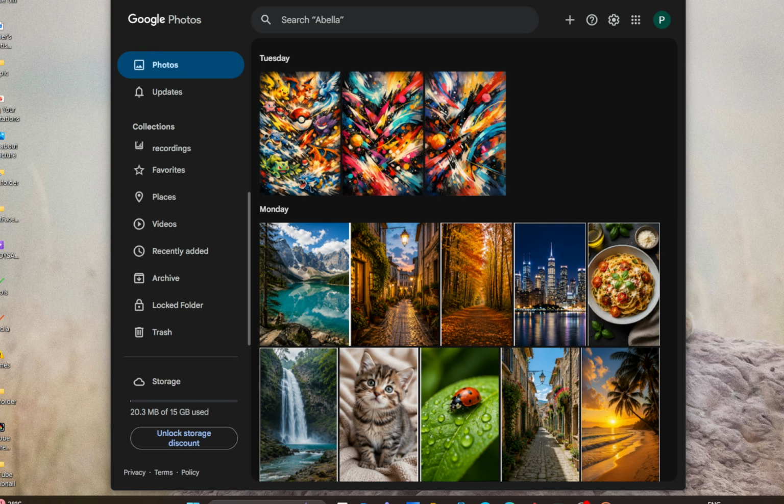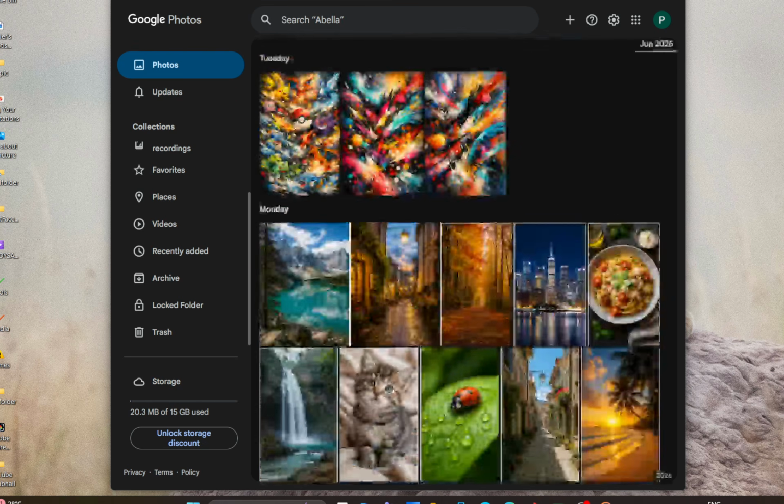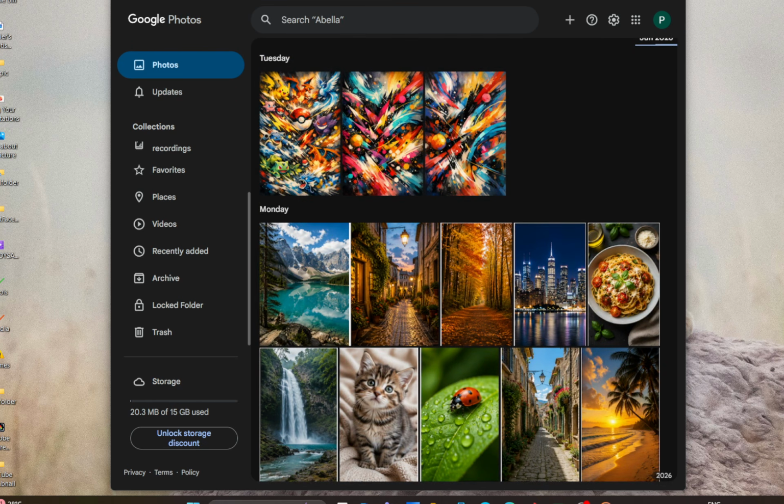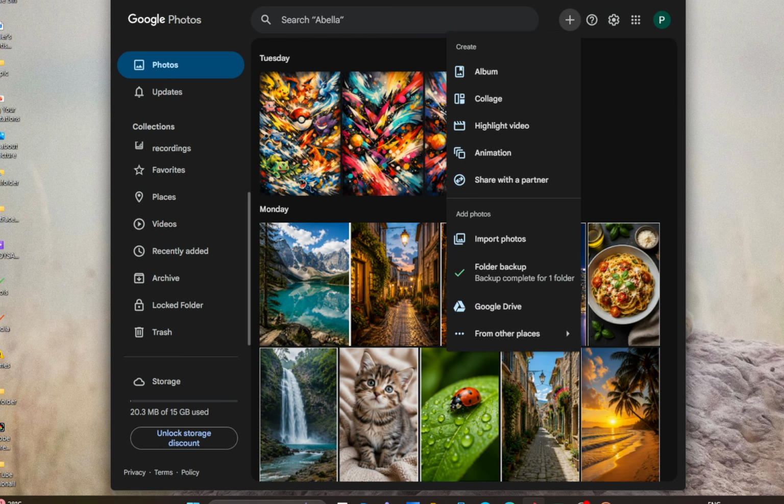To get started, open Google Photos on your computer. You can do this in your web browser by going to the Google Photos website and making sure you're signed in to the correct Google account. This is important, especially if you use more than one account, because backup settings are tied to the account that is currently active. Once you're on the main Google Photos screen, give it a second to load fully so all